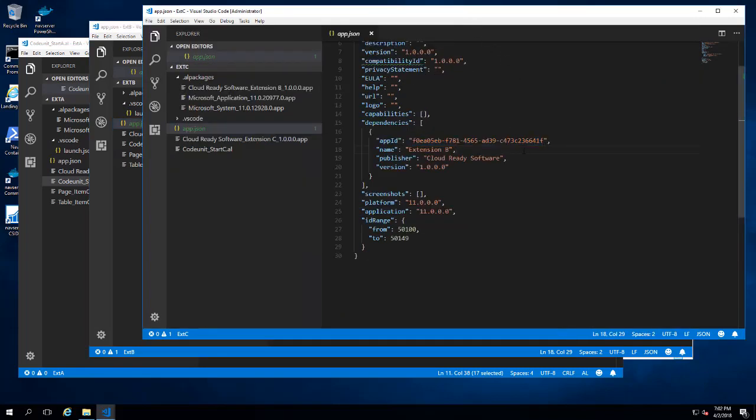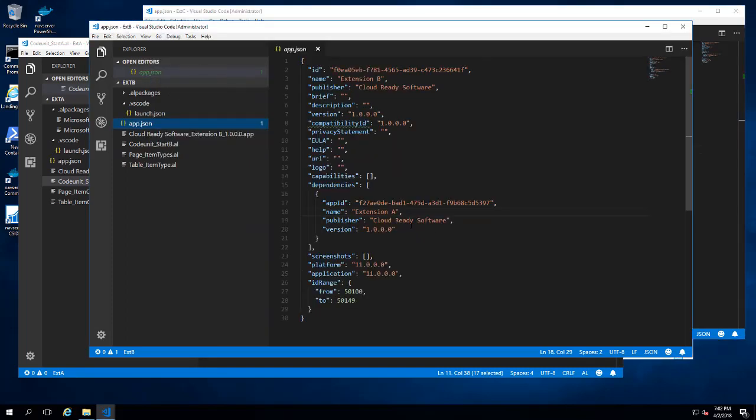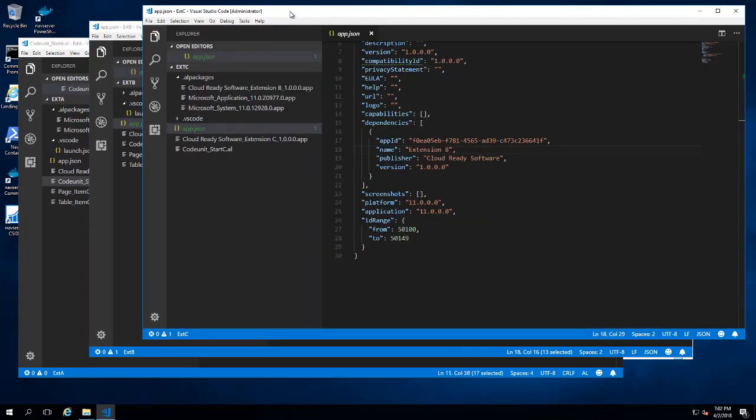6641F is the app ID for extension B. And at the same time, I have a dependency on extension A in extension B. So let's go to extension C and try to publish this. So I do Control F5,